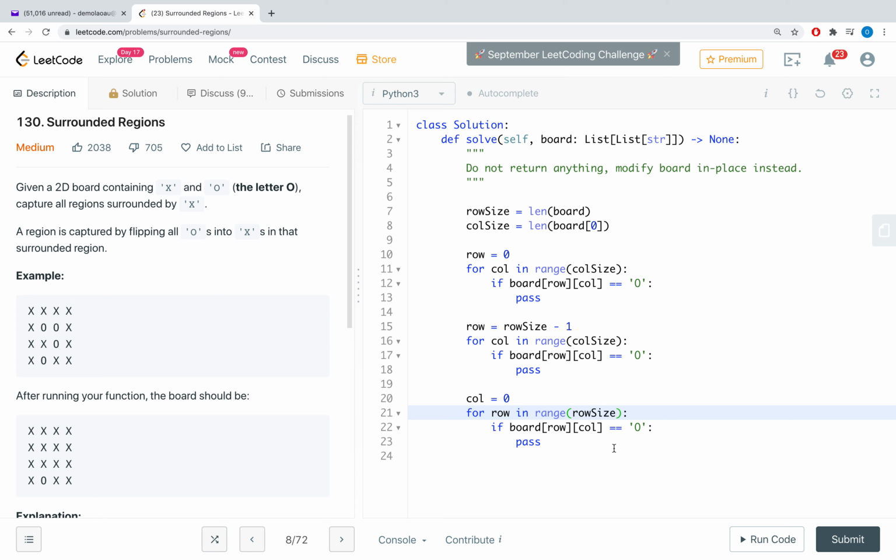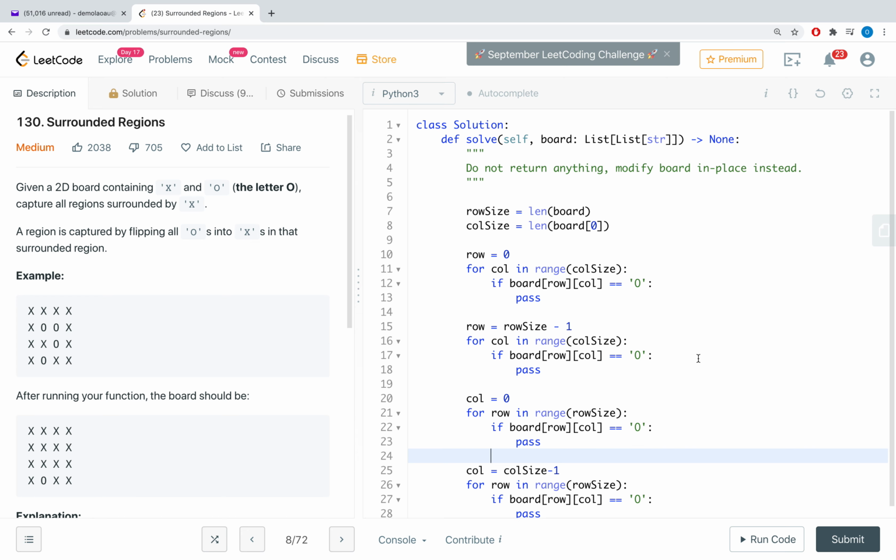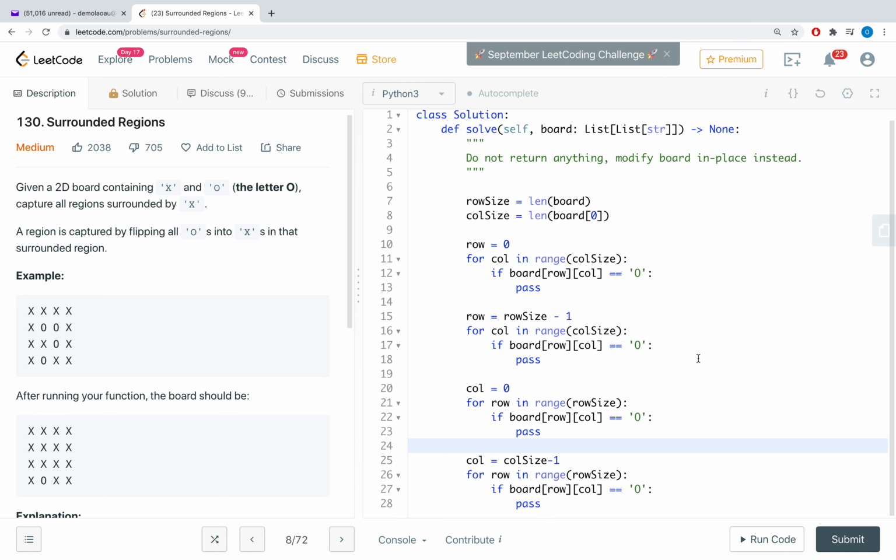Okay, then the last one will be when our column is the last column, and that is going to be the column size. Because of 0 indexing, we remove 1. Great. So now the next thing we need to do is to write the common explore function that we go